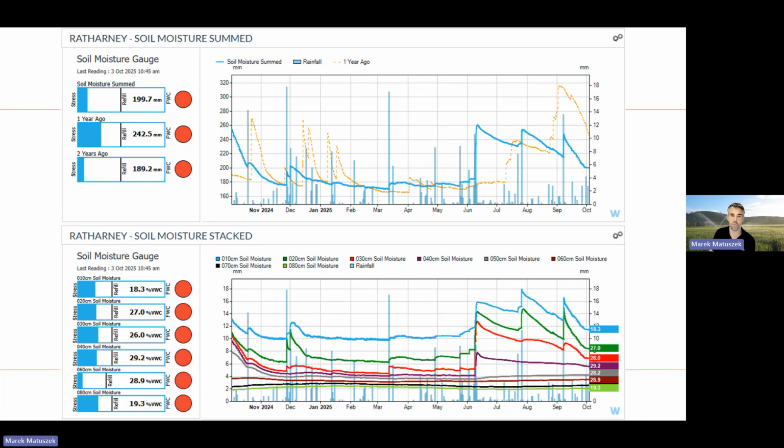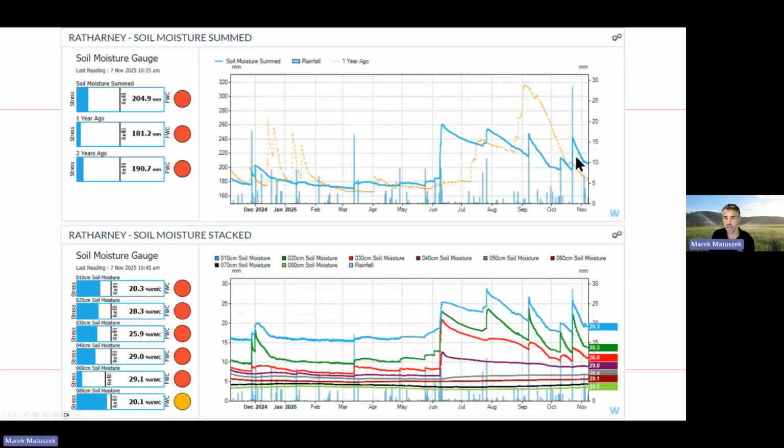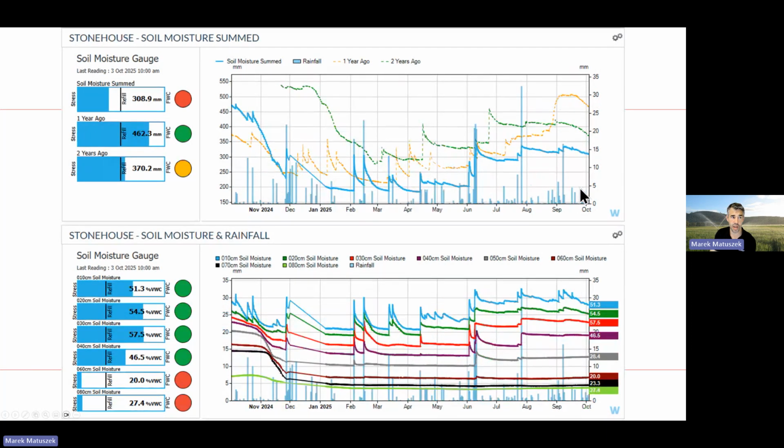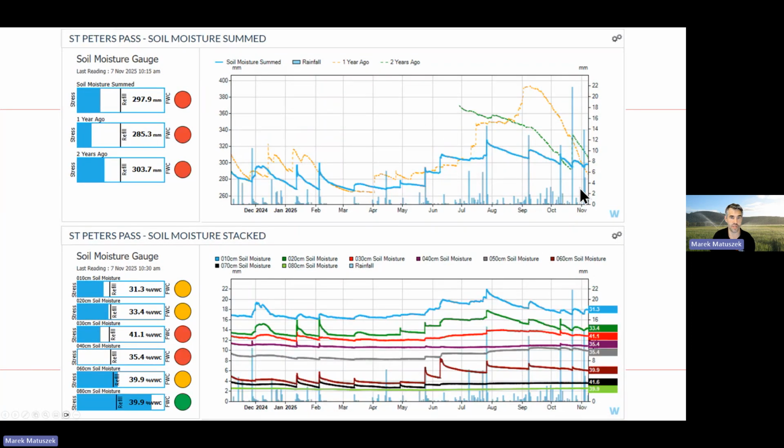If you go further down to that Woodbury region, again, there's some nice rain, a rain system that pretty much just came down that part of the state like an arrow. It's filled things up, but it's used up pretty quickly. I think those pastures were happy to see that. And if we go down to St Peter's Pass, I didn't have a second one there. You see that again we're